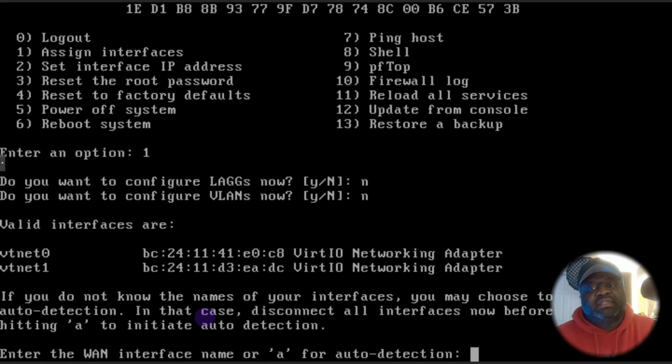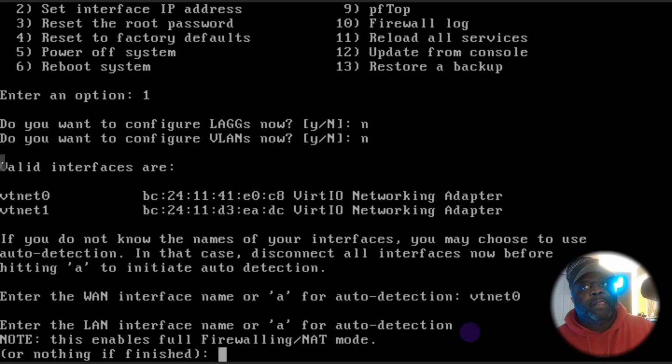So it's going to ask us now to enter the WAN interface name. So the WAN interface name is VTNet 0. Okay, so VTNet 0 should be the WAN interface. So we're going to go ahead and hit enter there. This is where I'm pulling it from. And then the LAN interface is